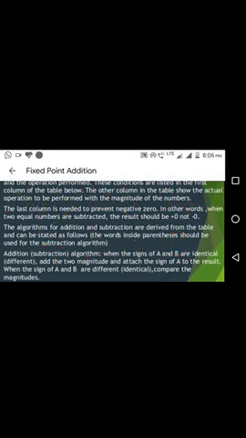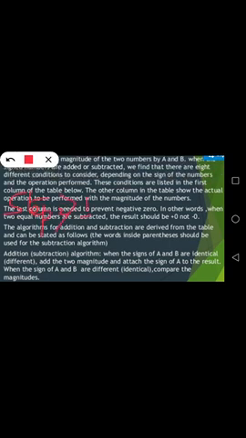Step 2: if the sign bits are different, let's assume AS is not equal to BS, where AS means the sign bit of A and BS means the sign bit of B. If the sign bit of A and the sign bit of B are not the same, and you are required to perform addition, then you have to compare the magnitudes and subtract the smaller one from the bigger one. Simple. So this is the algorithm, a two-step process.